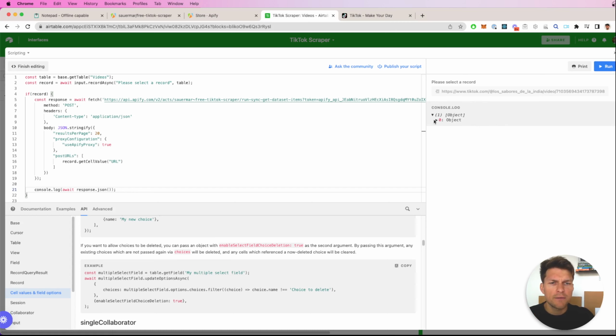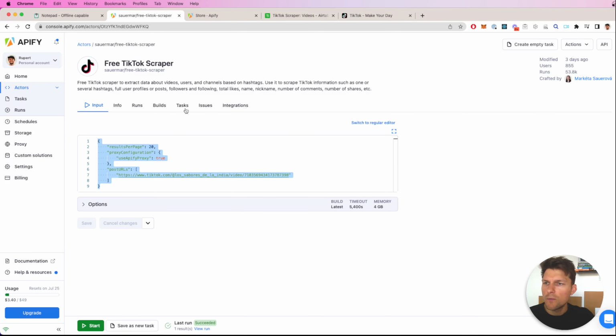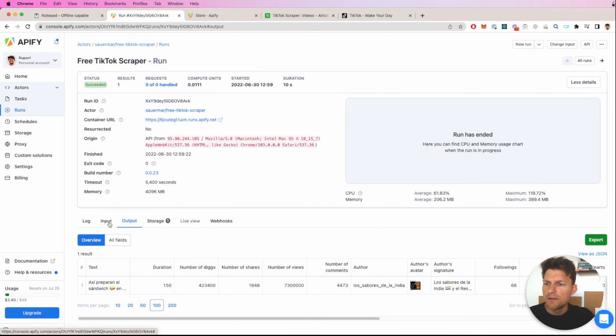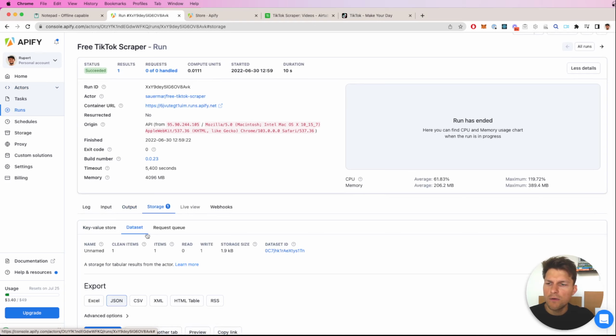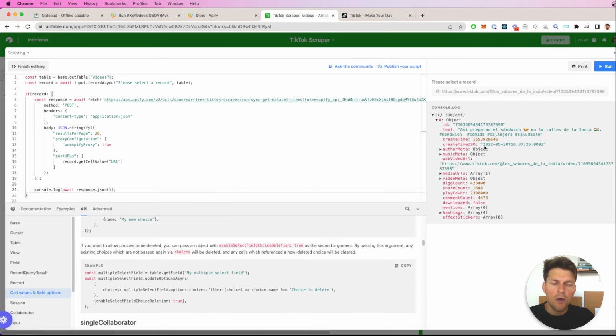And we get something back. We get an object back with basically the same data that we've seen before when we were under runs and we had seen the output of that run, or under storage, basically that JSON. And that's exactly what we're getting back now. So we're getting an array back with an object, and in that object we have all the keys and the